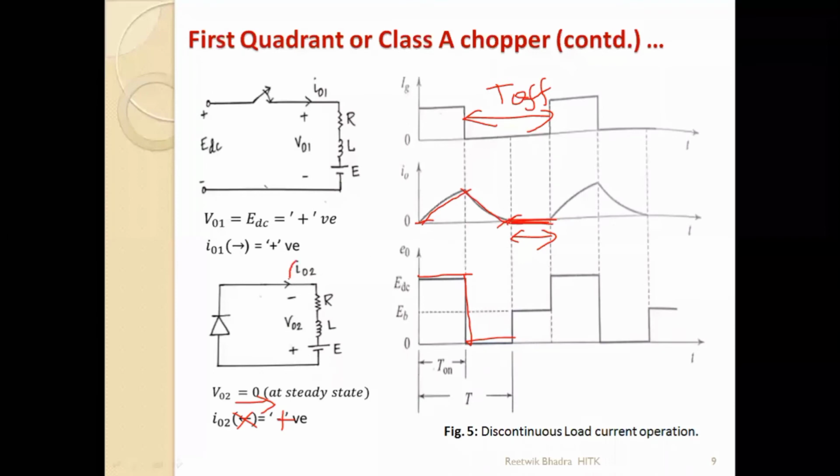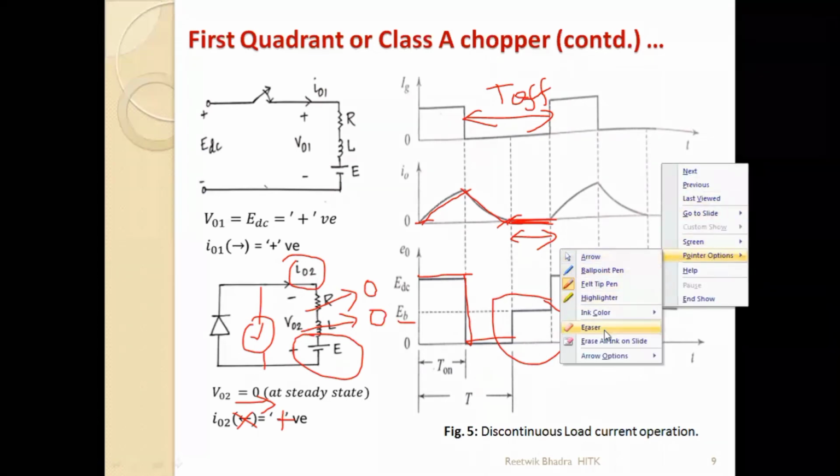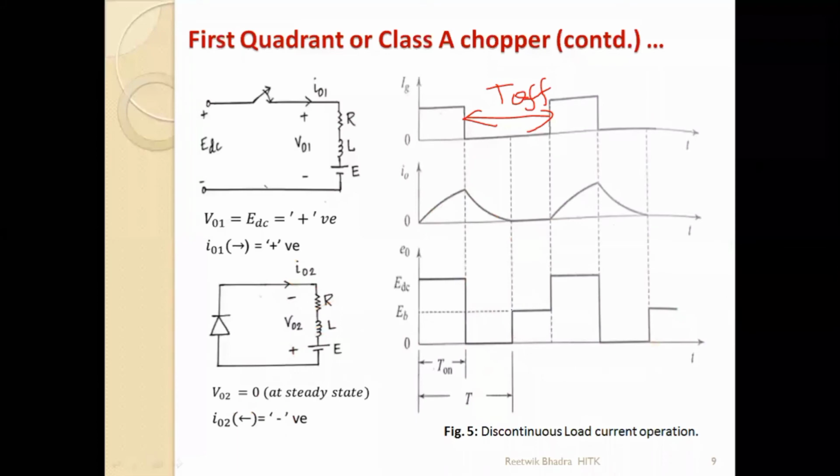Now if my current is 0 anywhere you consider, there is no current through this. This L dI by dt and R I naught become 0. So the only voltage that remains at the output is your E. If I connect a voltmeter over here, it will read only this potential E. That's why it is reading E over here.